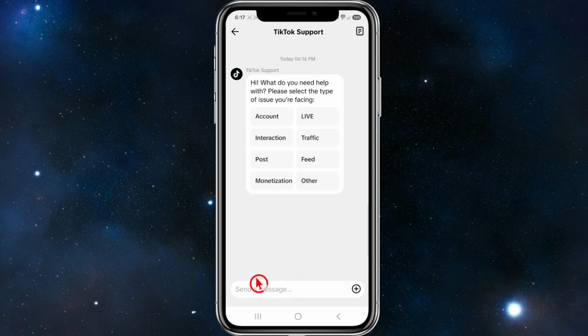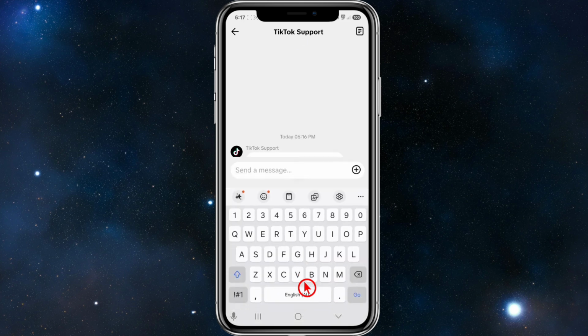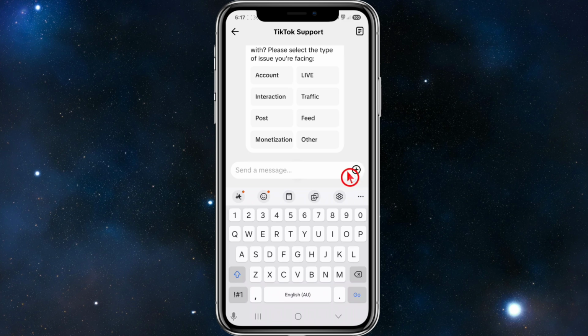And now where it says send a message, go ahead and explain the issue and request a manual review. And you can also go ahead and put in screenshots of what's happening or video recordings to add in with your problem. So what I basically said here, my video has been under review for too long. Can you please help me fix this? And then I'm going to go ahead and hit the send button and just wait for TikTok support to get